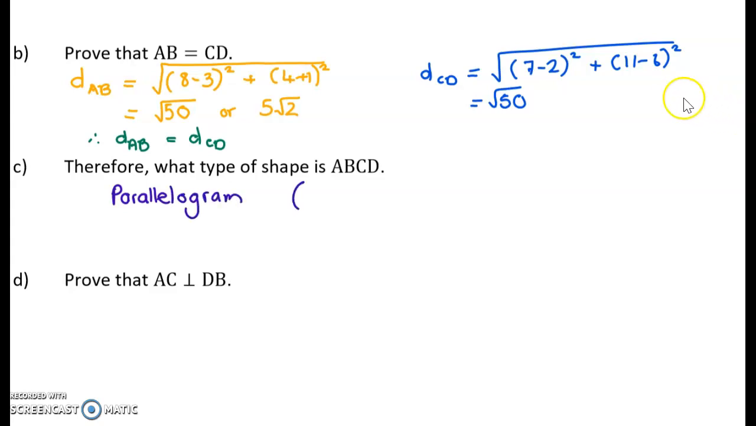They ask for the shape. I would say you have 1 pair of sides parallel and equal. You can't say opposite sides, no. So 1 pair of